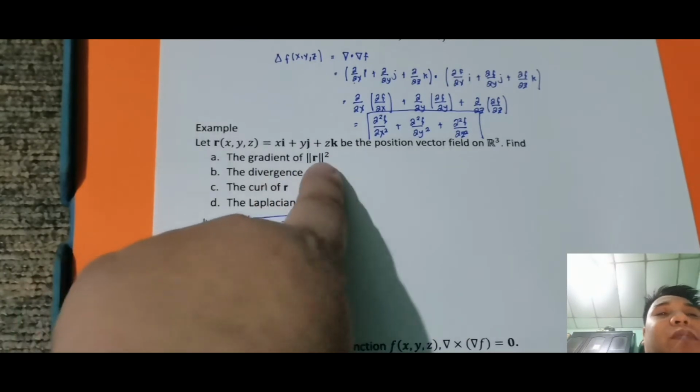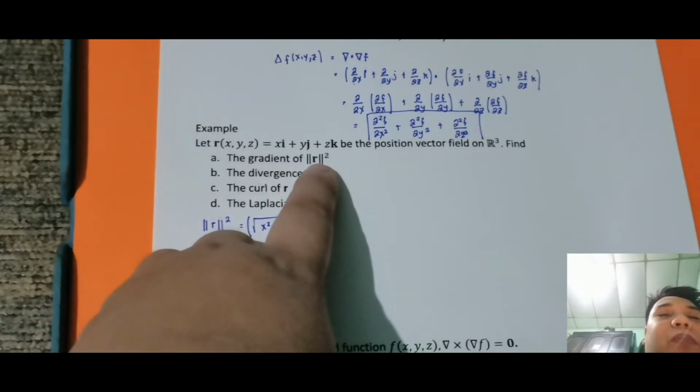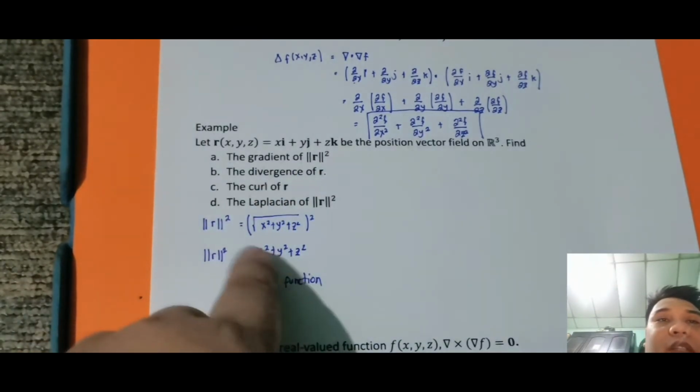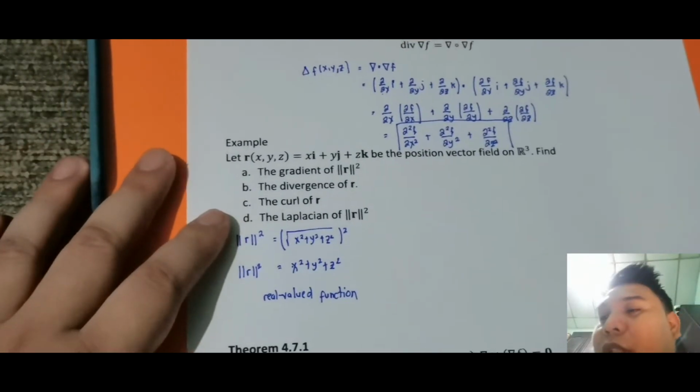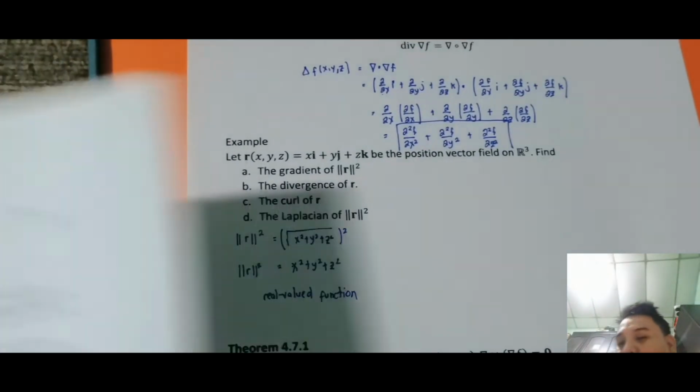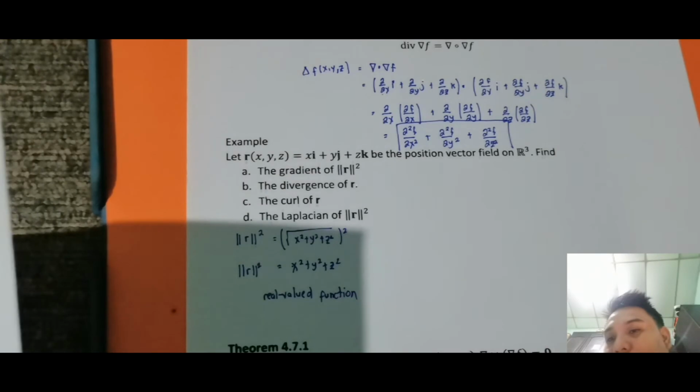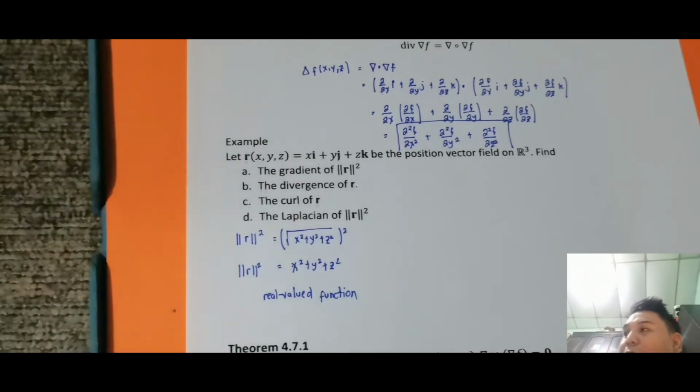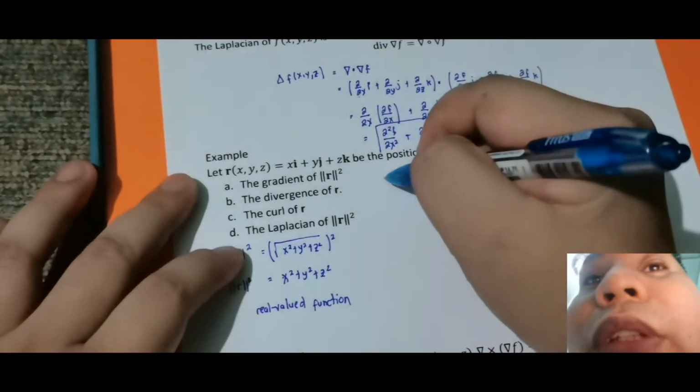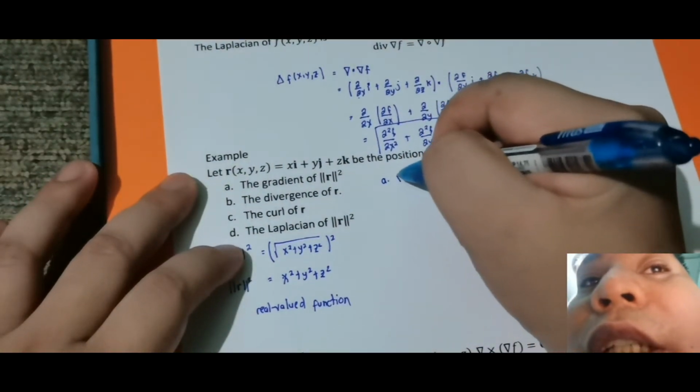Okay, so kaya ganun yung pinapa-compute. Compute the gradient of the magnitude of R raised to 2. So, meaning ito na yung magnitude of R. So, the gradient is just equal sa, paano ba yung formula ng gradient? Nakalimutan ko agad. The formula of gradient is just equivalent sa partial of f with respect sa x, y, and z. So ito yung letter A. Compute ko na lang, no? A. So, the gradient